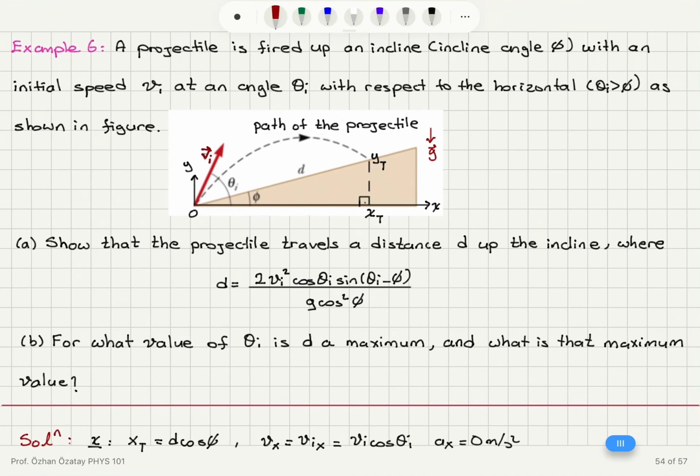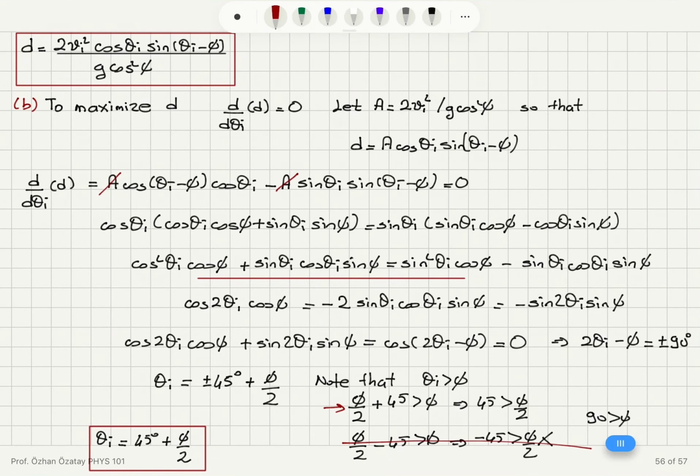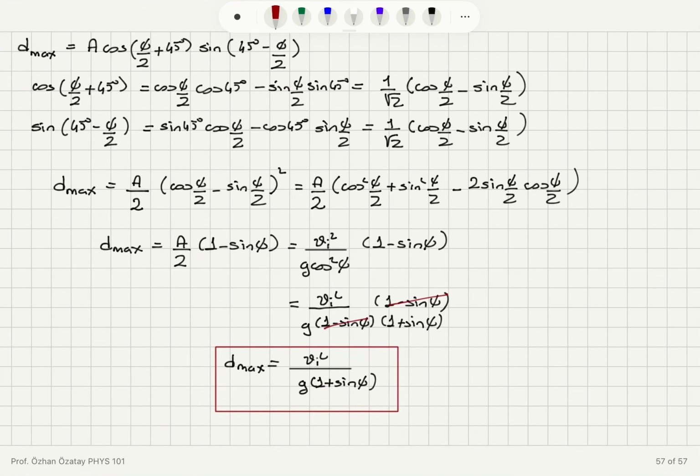Then the problem asked us what is the value of theta I that maximizes d and what is the maximum d. For that, d as a function of theta I will be reaching an extremum value. Its derivative with respect to theta I must be equal to 0. Doing so, we have found theta I is 45 degrees plus phi over 2. And noting that theta I must be greater than phi, we have eliminated the other possible mathematically correct answer, making it unphysical. And substituting this value in our d expression, d as a function of theta I, we have determined the maximum value of